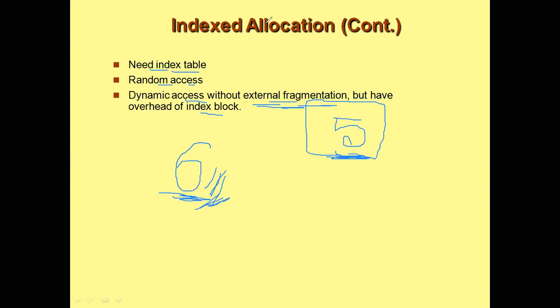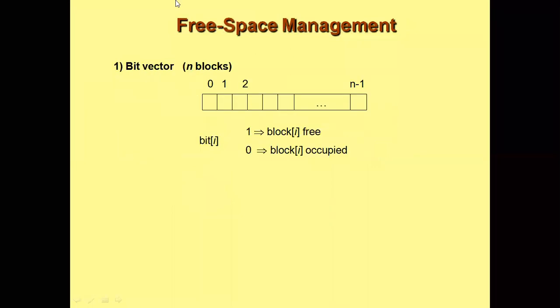Coming to the next topic, this is with respect to free space management. You know that there will be some disk blocks which are going to be free, or sometimes when you delete a file, the disk blocks that were occupied by that file will also be freed, right? So we want to know how these disk blocks will be managed by the operating system. There are 4 ways to manage the free blocks.